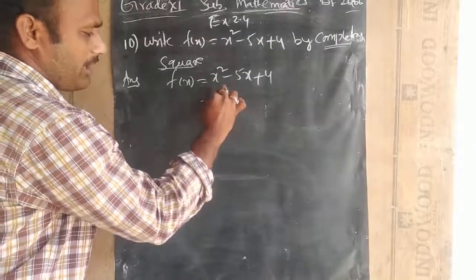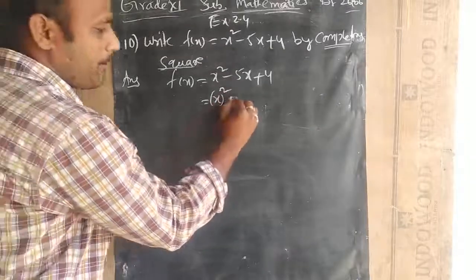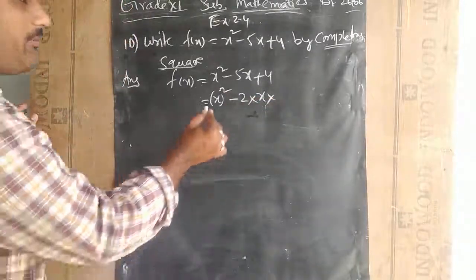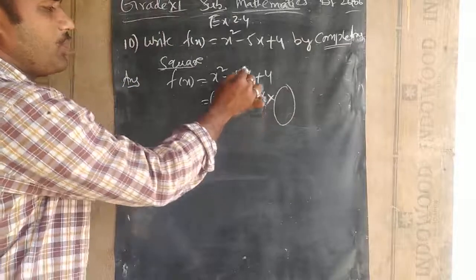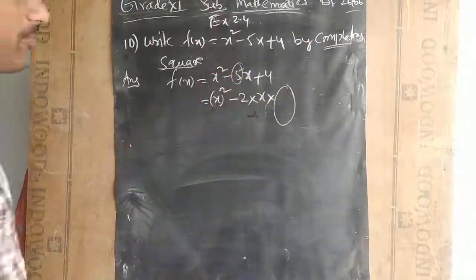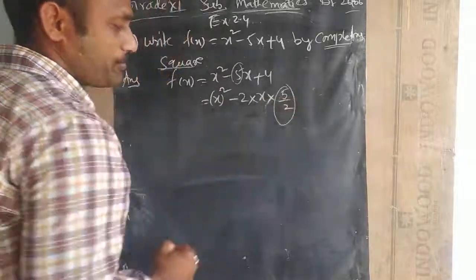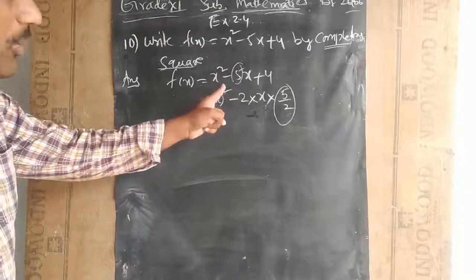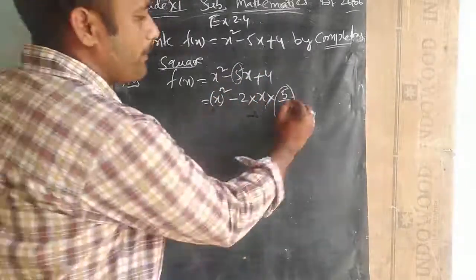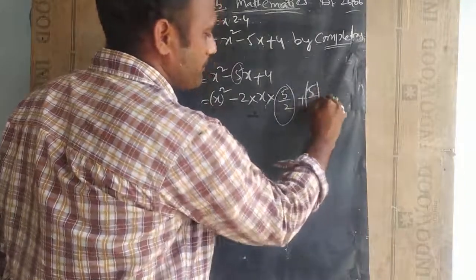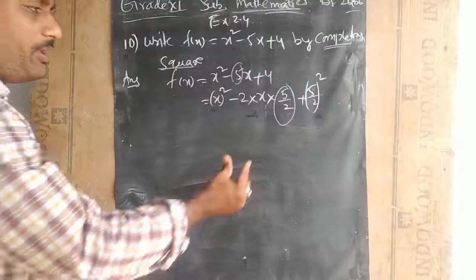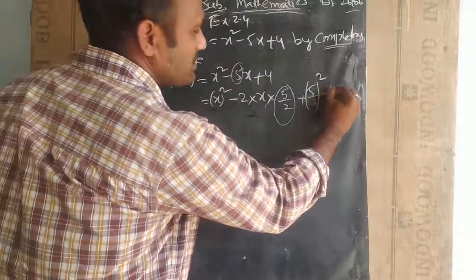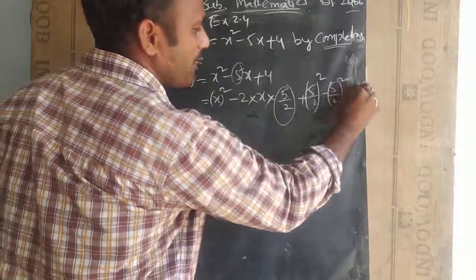this. a square, where a value is x: x square minus 2 into a value, x. Now coming to the b value, you write a number in such a way that you get 5. So to obtain 5, there is no other option, I have to write it as 5 by 2. Now 2 gets cancelled here, you will get it as 5 by x. Means I am writing it as a square minus 2ab plus b square. Now this is the extra term, actually it is not there in your question. 5 by 2 whole square is not at all there, so I will subtract that also. Minus 5 by 2 whole square, plus 4 as it is.